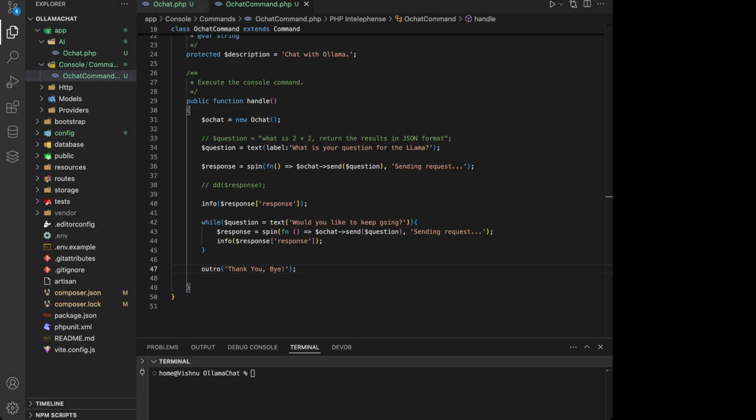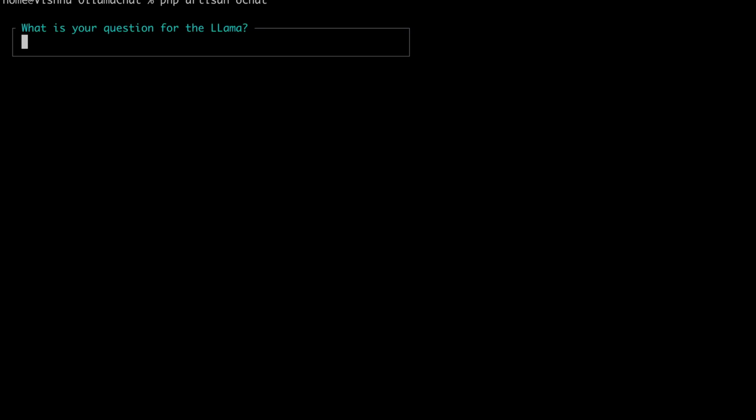And there you go. Let's try this in the terminal. Let's do PHP artisan Ochat. All right, look at that. Laravel prompts is so nice. What is your question for Ollama? All right, let's ask that other question. Where in the human body is